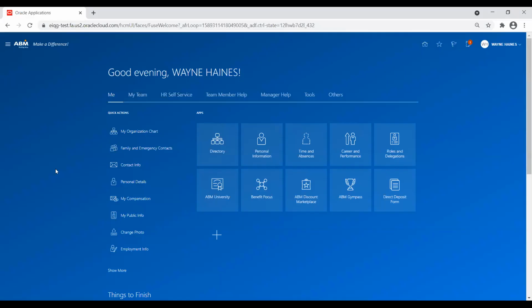So what I'll do is, I'm an employee. I've been notified by HR that there is a performance appraisal template assigned to me, and I would also see that in the bell icon at the top. So how do I navigate as an employee to that performance appraisal template? If you see the navigation, that's how I would go into it. I'll click on career and performance,